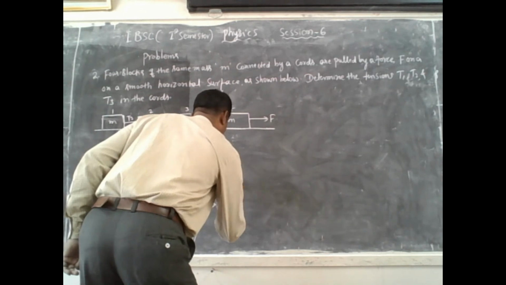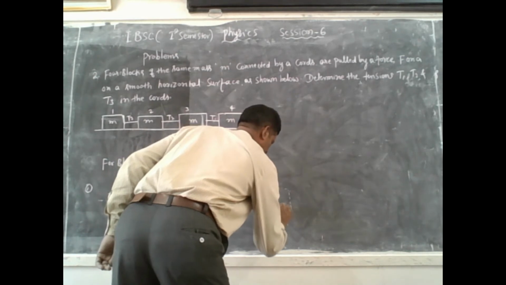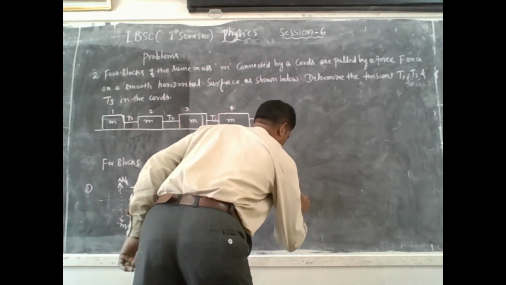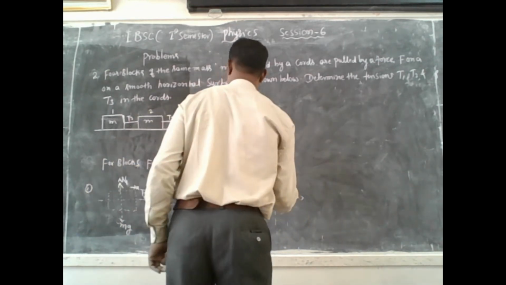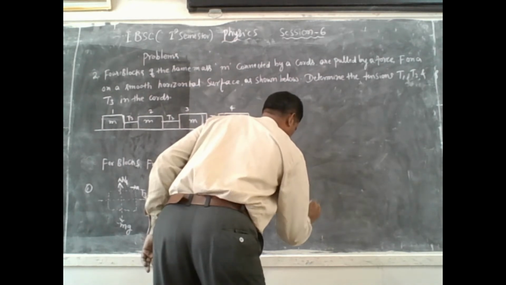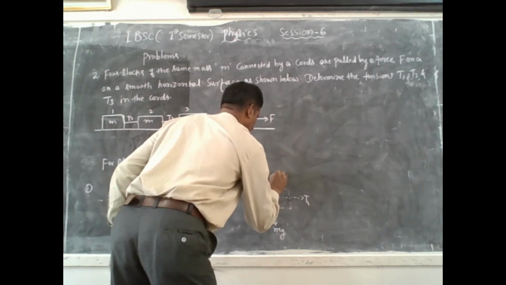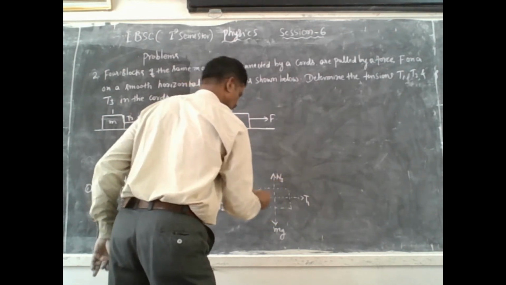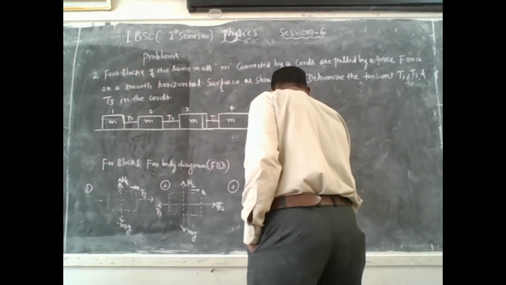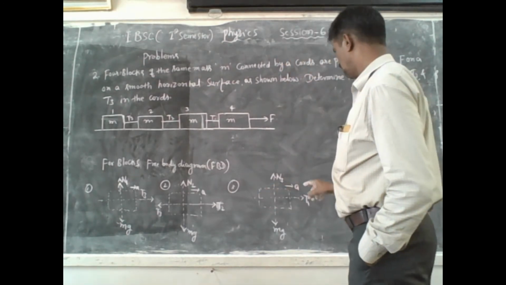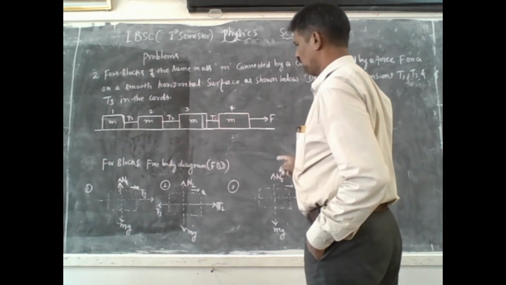And for block 3, a similar diagram can be written. And T1 is there, and here is mg, action, and reaction is N3, isn't it? N3 is the reaction and T1. So along the x direction is the motion, that is A. So therefore, now for block